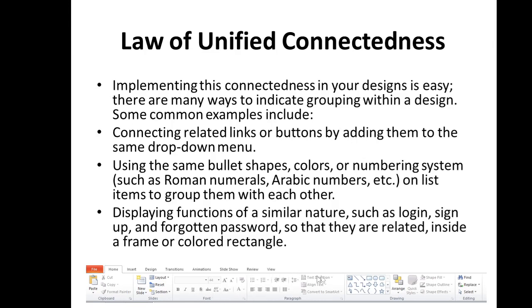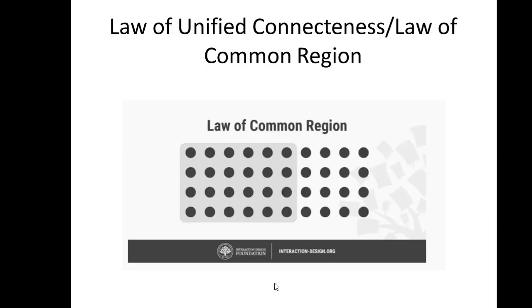And this frame here is about formatting paragraphs, etc. So the law of unified connectedness, or I believe this is also the law of common region. So if we group this, then although they are similar, but this is grouped, then we could say that maybe these are similar rather than the whole